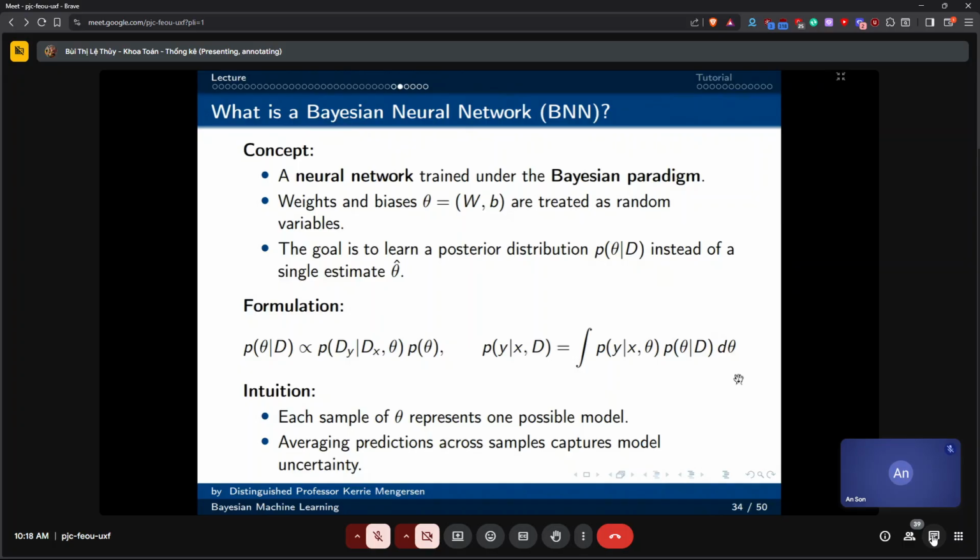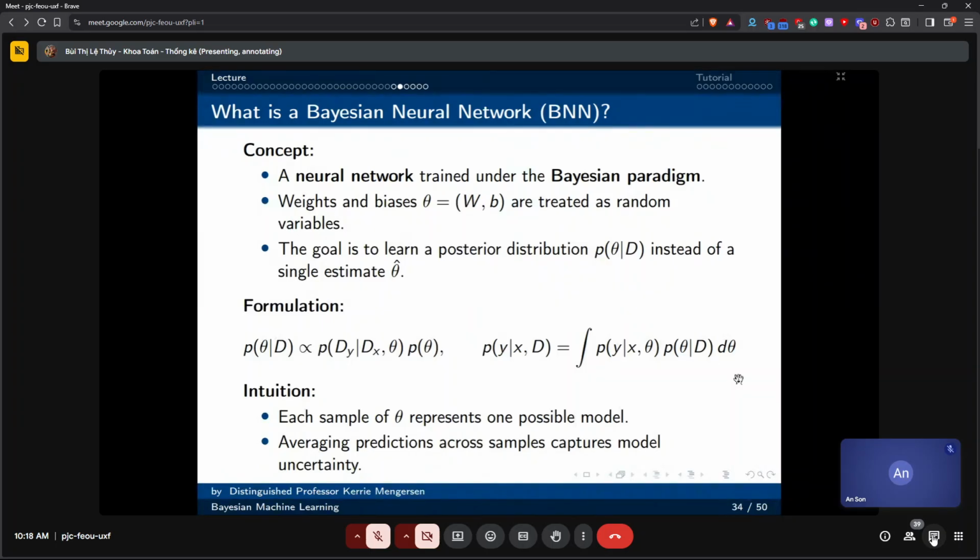So that's the relationship between each of the x's and the y's, and then the relationship between the y's themselves at these different layers, the layers of complexity in the model. And so we're going to learn a posterior distribution over each of those relationships as opposed to just a single estimate.